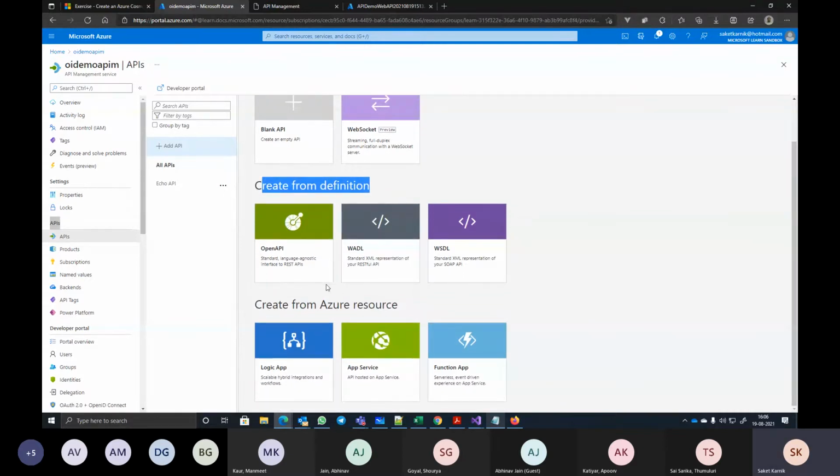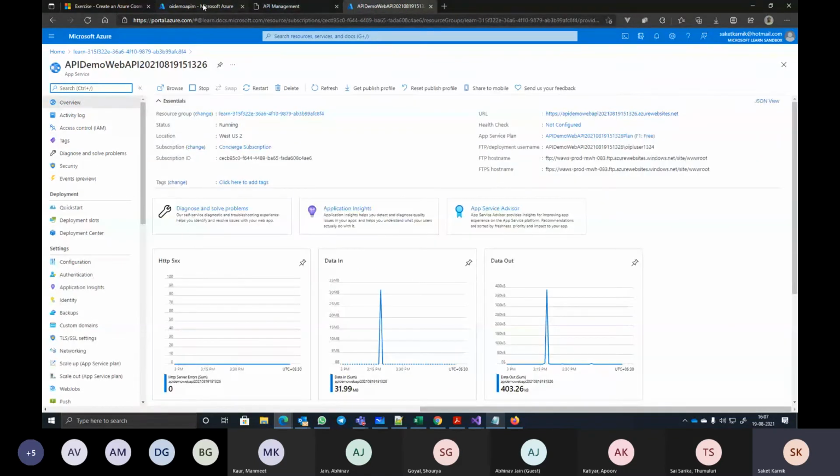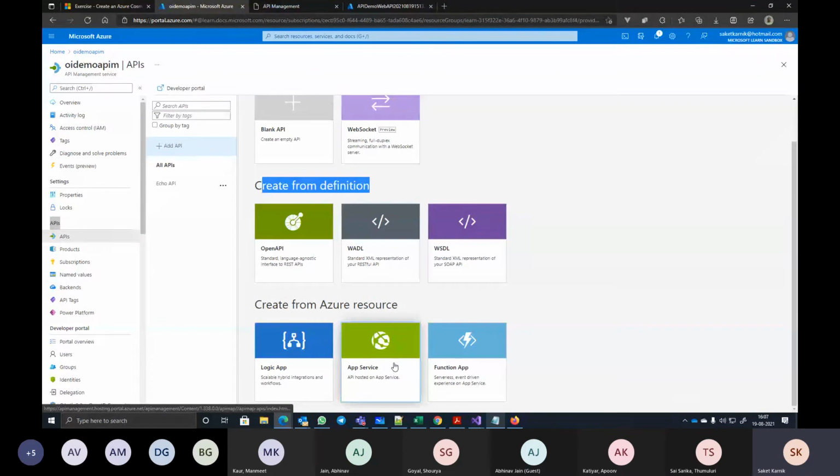And then if you are looking to create API management for an existing function app or logic app or an app service. So again, here also with app service, there is an issue because of which directly providing this URL is not able to get the proper API imported. So I'll be going with Open API. We have already downloaded a file for that, right?